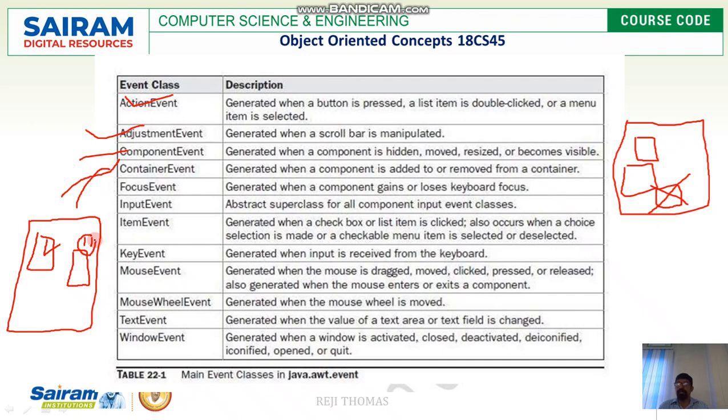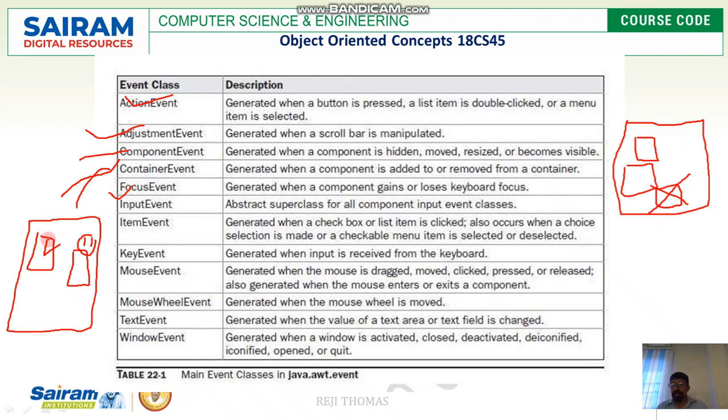Then the focus event will be created. Let me repeat: this is generated when a component gains or loses its keyboard focus. Normally this depends on the keyboard events.